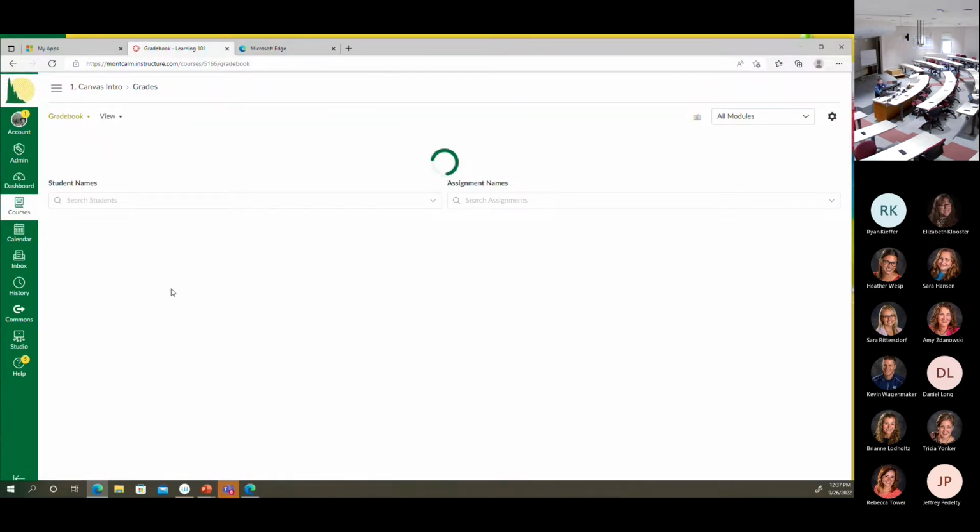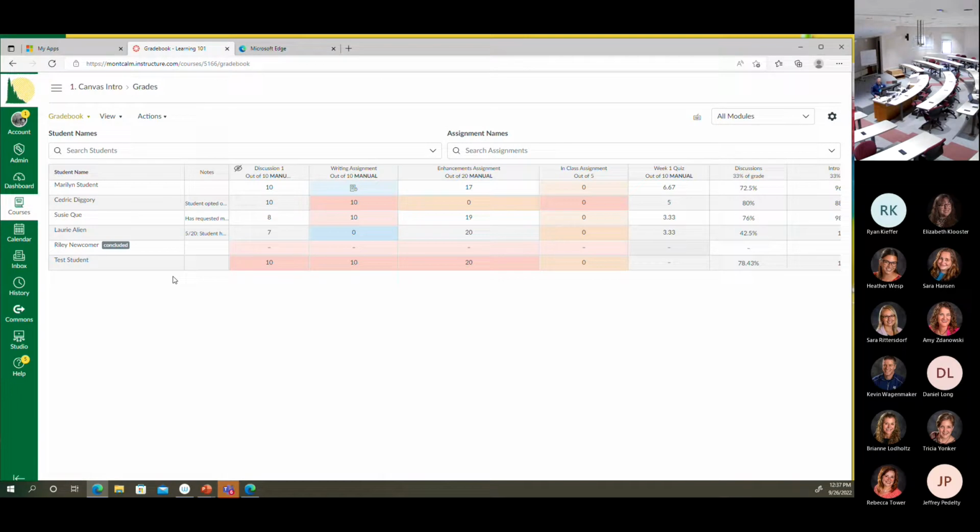Now, this is a test course, so any grades you see aren't going to be a FERPA issue. But I do want to point out a couple things. Obviously, you can enter grades right from here. The next thing I want to go over is the Speedgrader, and I can show you how to get to that to give grades and feedback. But at any point in time, if you want to give a grade, you just click on here